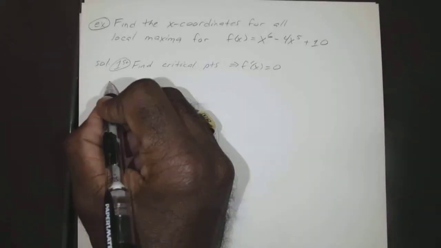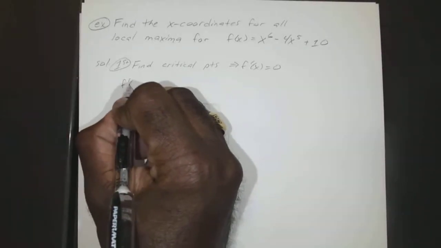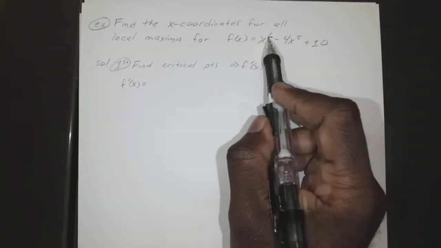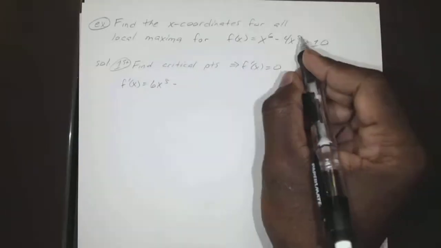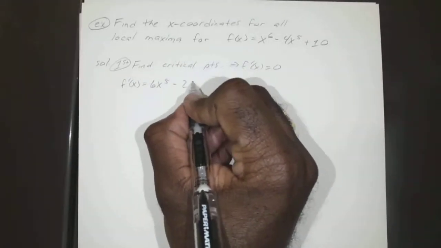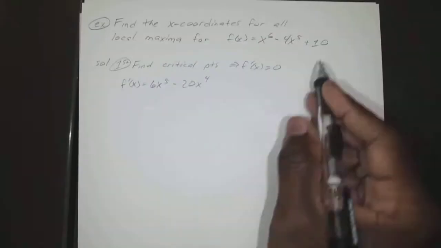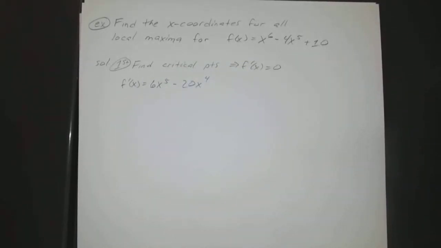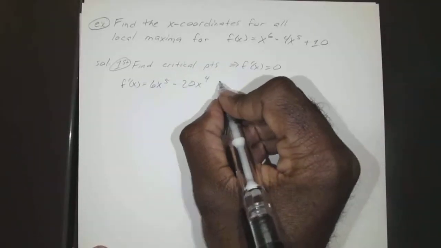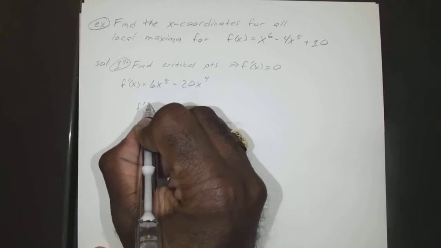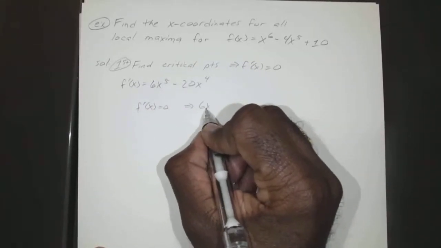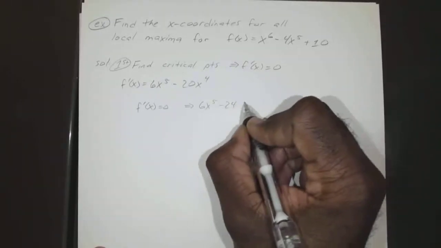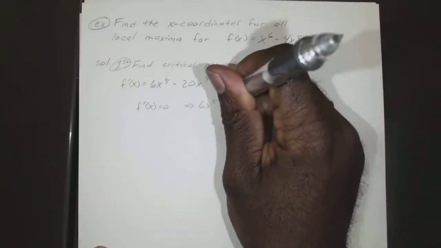All right, so that means we have our first derivative, which is equal to, bring down our 6x to the 5th, minus, we bring down our 5, 20x to the 4th, and that disappears. Okay, so we want to know where that equals 0. 6x to the 5th minus 20x to the 4th